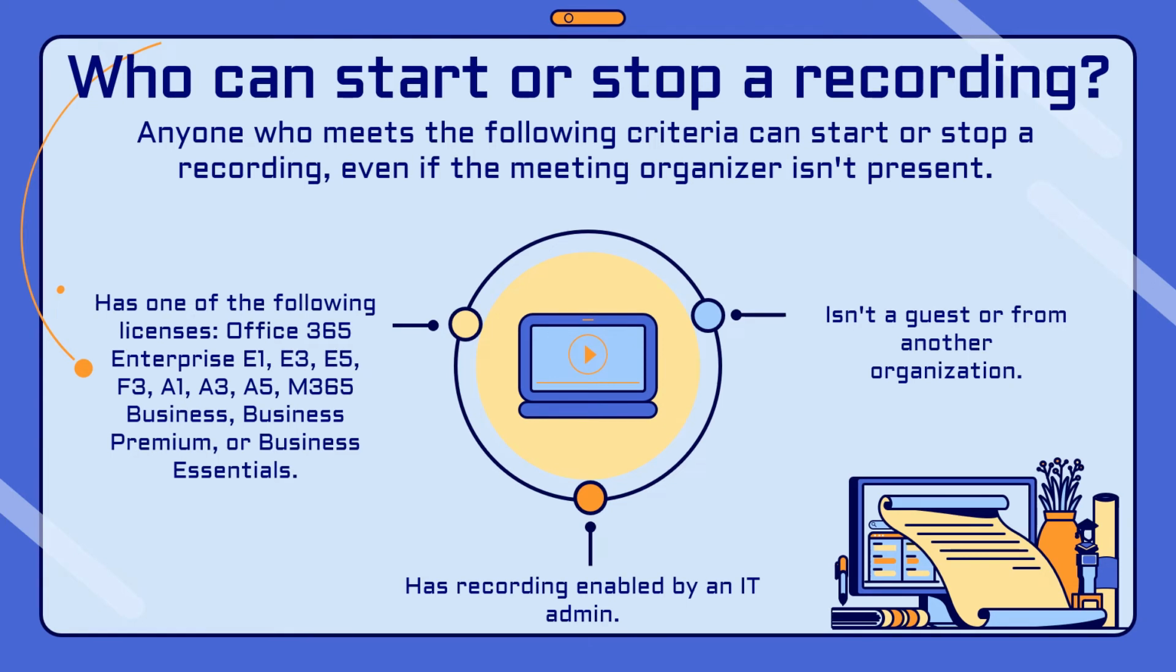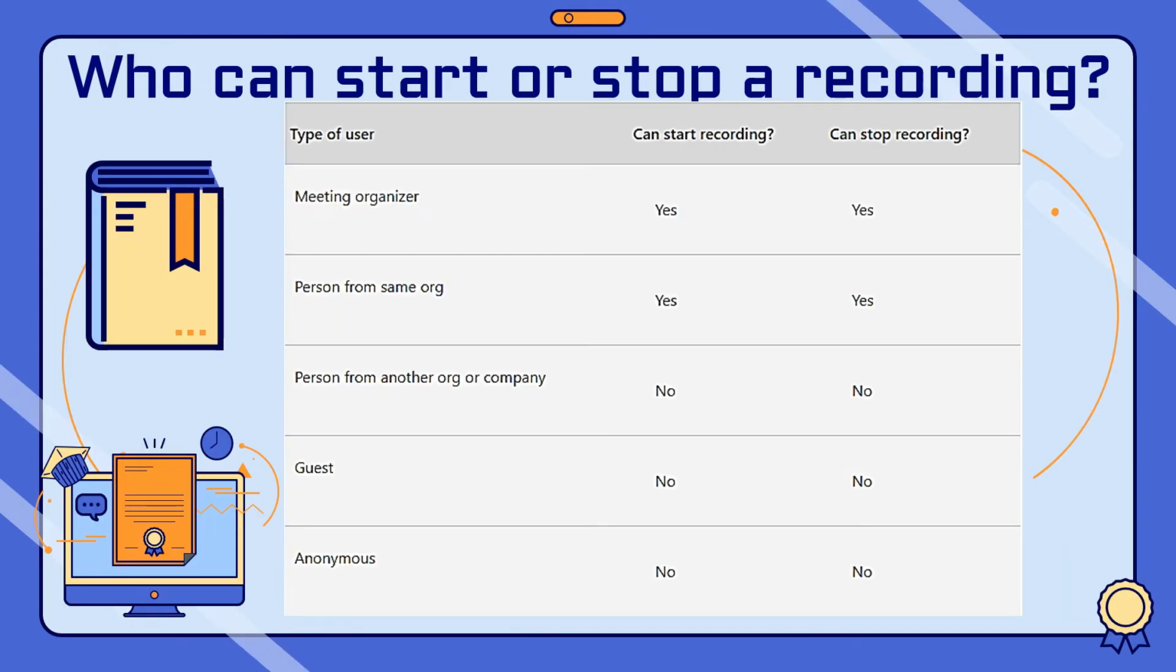And lastly, isn't a guest or from another organization. So take note of this. It also shows here the type of user and can start recording and can stop recording. So if you are the meeting organizer, of course, you can start the recording and you can also stop recording. If you are from the same organization, again, you can start recording and you can also stop